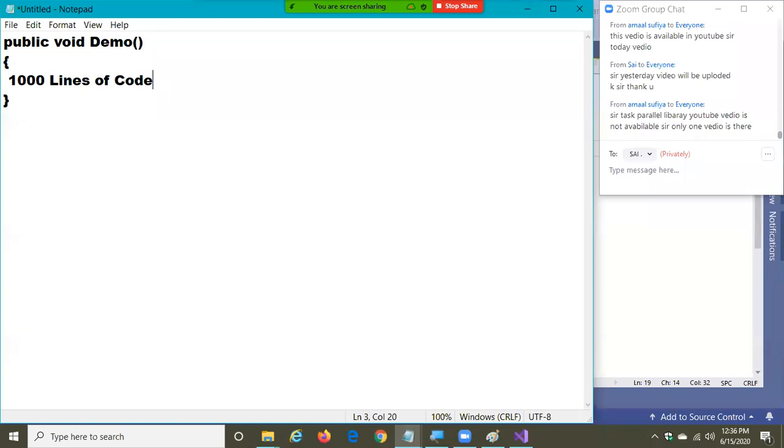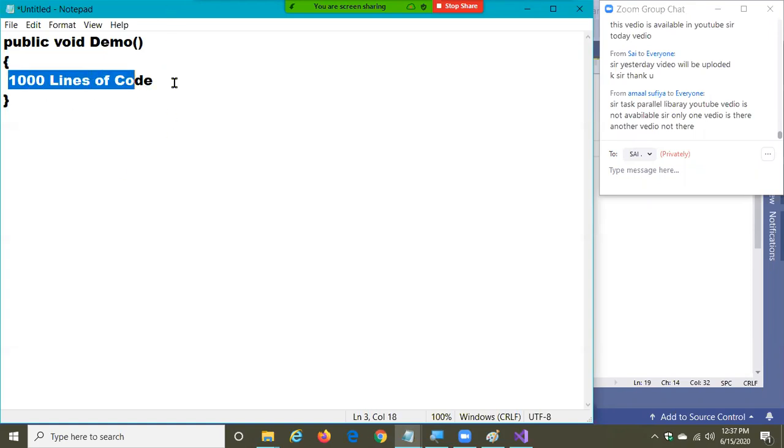So public void demo, and there are some 1,000 lines of code present in this.